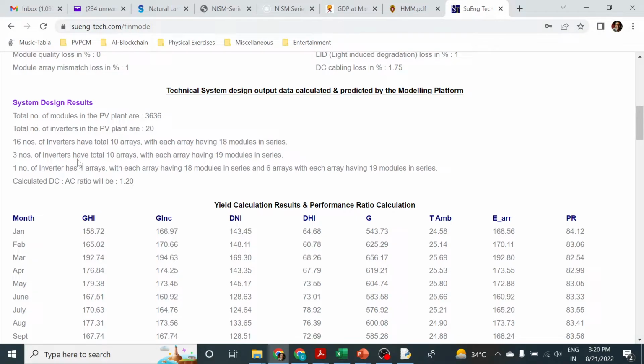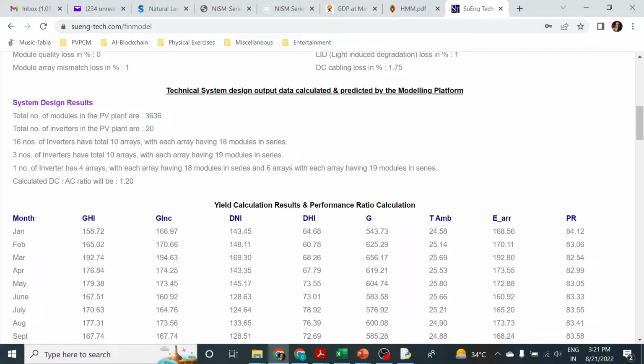Here we have been given the configuration. So there will be 16 inverters where each inverter will have 10 arrays, and each of these 10 arrays are connected in parallel to the inverter, and each array is having 18 modules in series. Then 3 inverters have 10 arrays each, and each array in each inverter is having 19 modules in series. And then one inverter has 4 arrays with 18 modules in series, and the rest 6 arrays in that inverter have